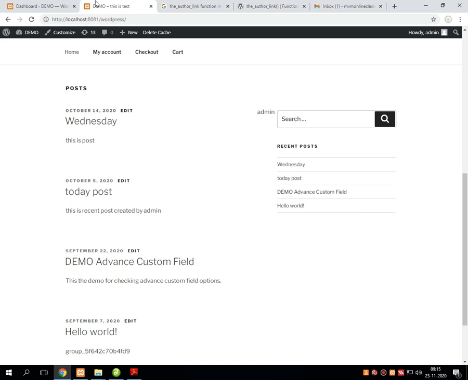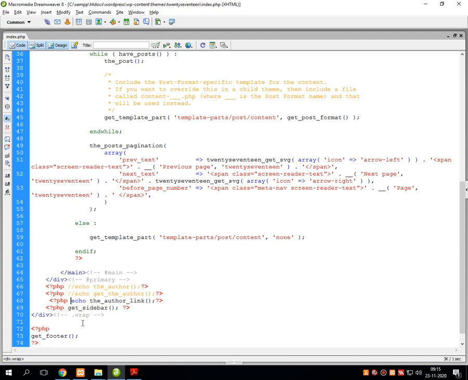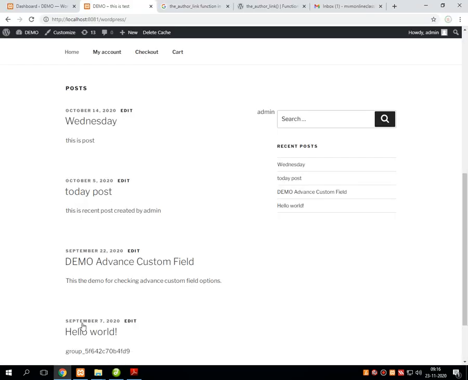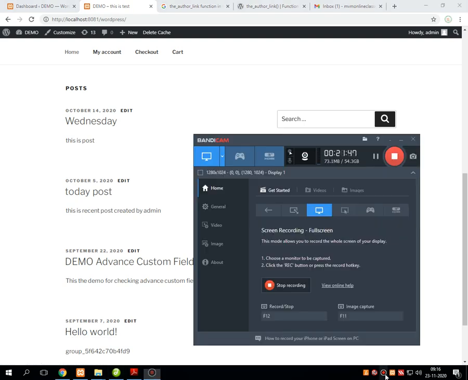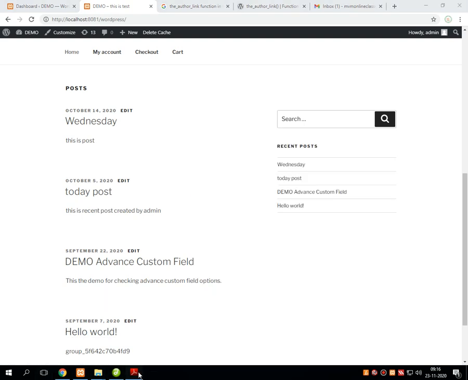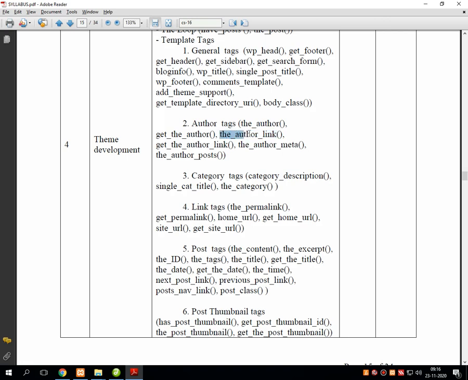It displays the name of author onto the screen. For the cross verification purpose, I am just keeping it in a comment. This will make the name of author disappear from the screen. So I hope all of you have a clear idea about the_author_link.